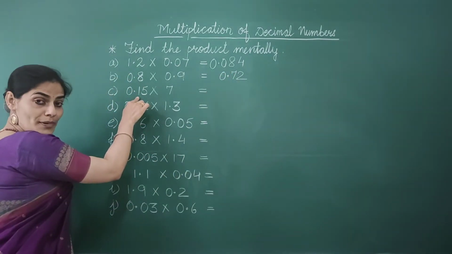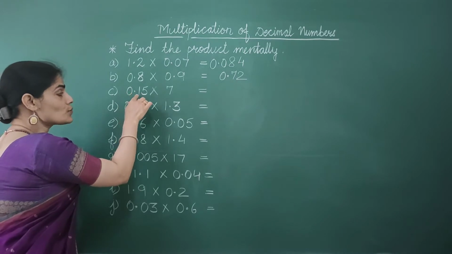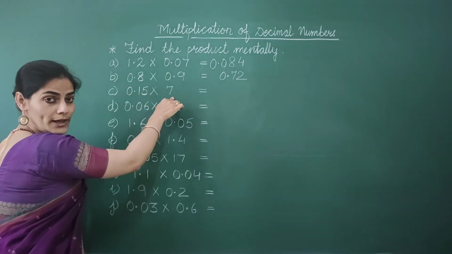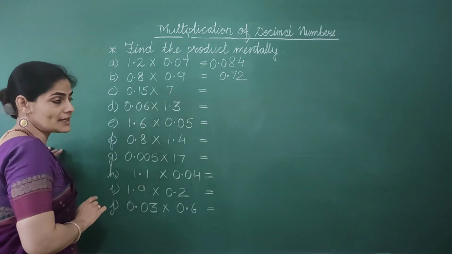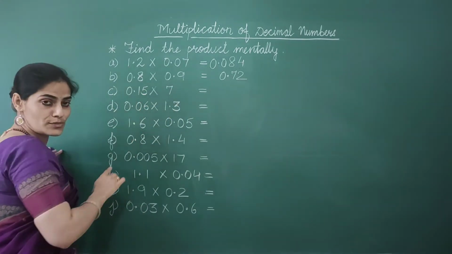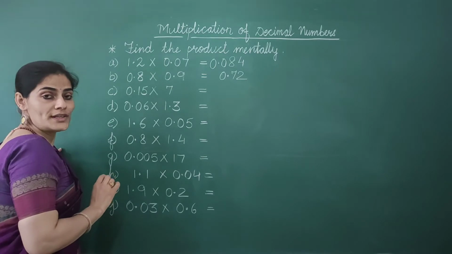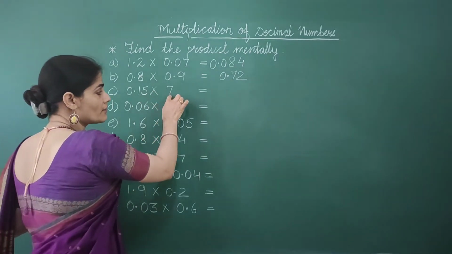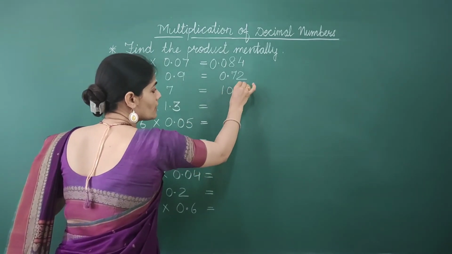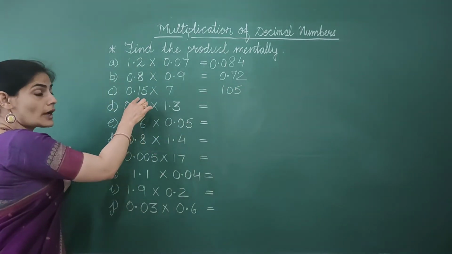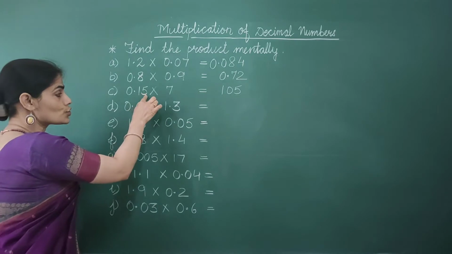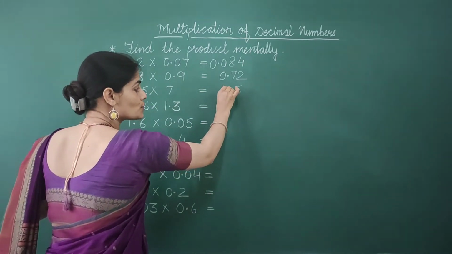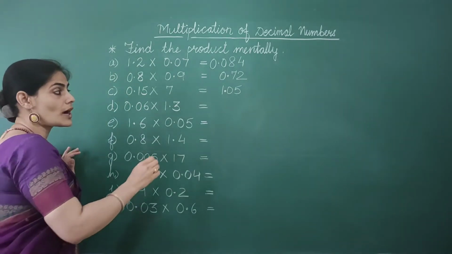Now look at part C. This is 0.15 multiplied by 7. 7 is a whole number, so we are not required to make any change. We'll ignore the decimal from here. So 0.15 becomes 15. 15 times 7 is equal to 105. Now count the decimal places, 1, 2. Count 2 digits from the right side, 1, 2, and put the decimal. So our product is